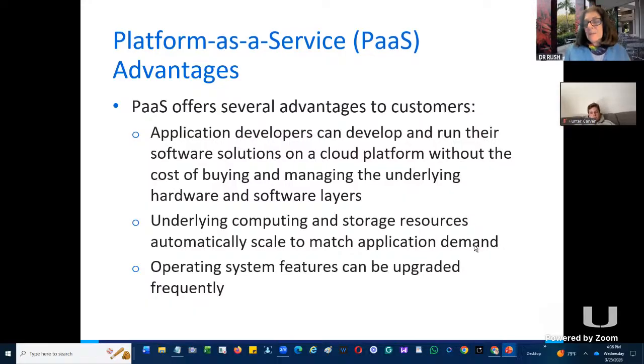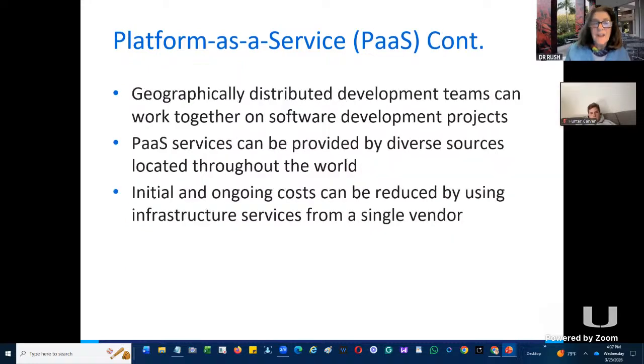Are we having less demand? Sure we are. And operating features, guess what? If it gets upgraded, you want to do the upgrades? You want to hire people to do upgrades? I don't, you don't. We're busy doing our own business. Let the vendor, Microsoft, Google, or Amazon, let them take care of the upgrades. So there's a lot of advantages to that.